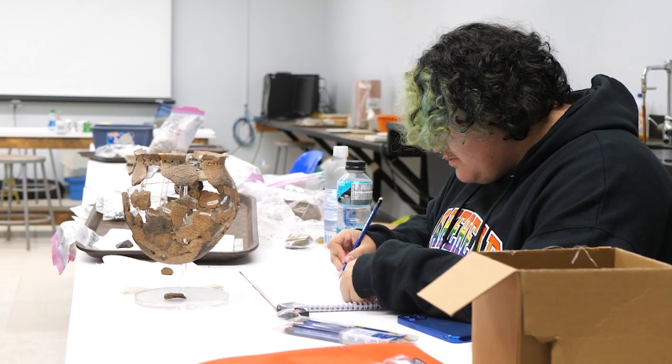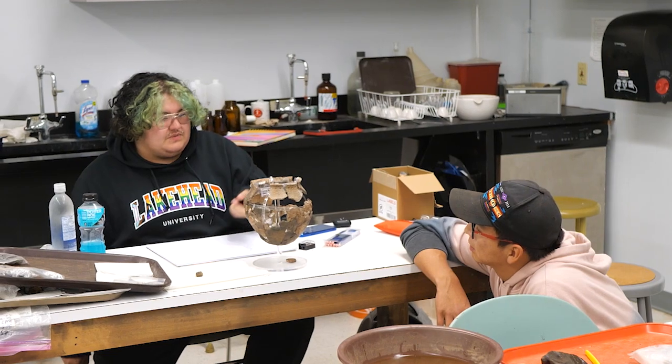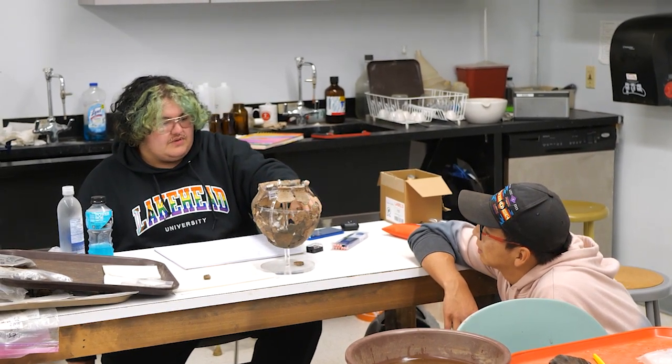Well, there are always surprises in archaeology. We often have these preconceived notions about what the past was like, but the archaeological record, the act of doing archaeology, often kind of challenges that. I think the most surprising thing that we found is that the cultural deposits are a lot deeper than we were expecting. Prior to the work that we did in May, the expectation was that we would find only material